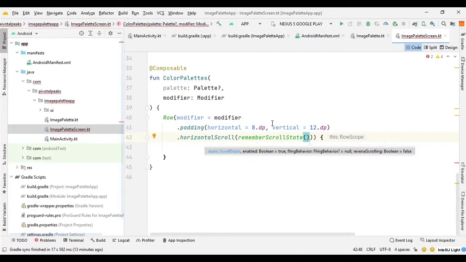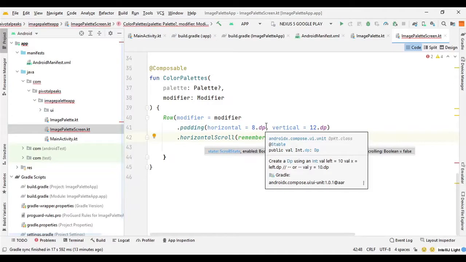So inside this row block we need something that can fetch the palette colors, so we will use crossfade, which has a target state parameter that will fetch the palette's color from the image.